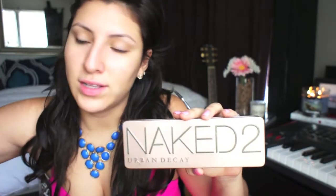The first thing I do is do my eyebrows. I never put on my foundation or concealer first, just to avoid fallout from eyeshadow. But I use the Naked palette, or use a neutral brown color that's similar to your eyebrow color. I normally do not like to have my eyebrows black. I just don't feel comfortable with it, but I do need to get comfortable with it. And the color I use to fill in my brows is